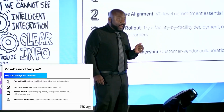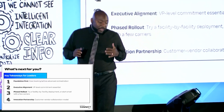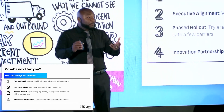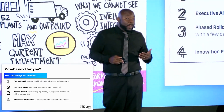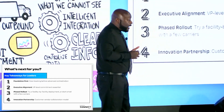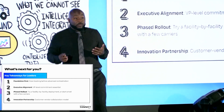And then lastly, and I, again, want to keep harping on this, the customer-vendor collaboration model is the way to go. There are a lot of tools that are developed out of the box that we sometimes are kind of forced to use and forced to navigate around. What I love and what our organization is very proud of with working with 4Kites is that some of the components that came out of the Appointment Manager tool were things that we specifically needed to make sure that our operations were